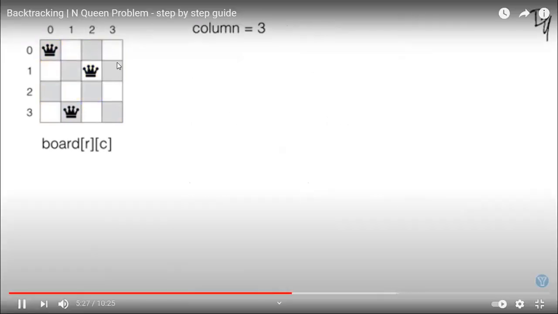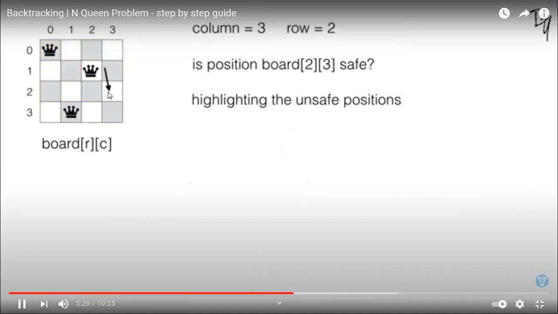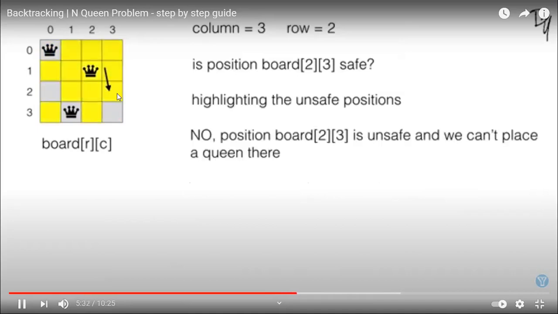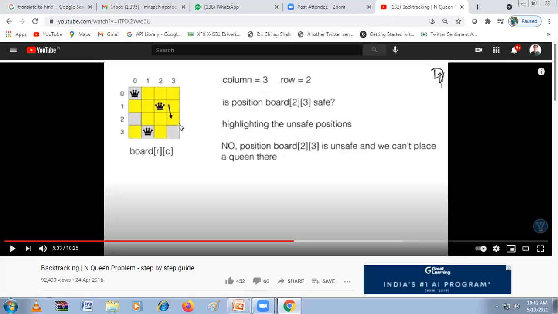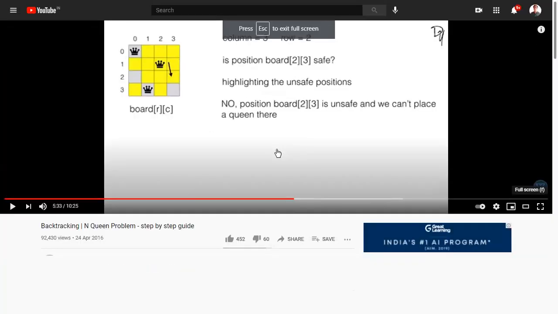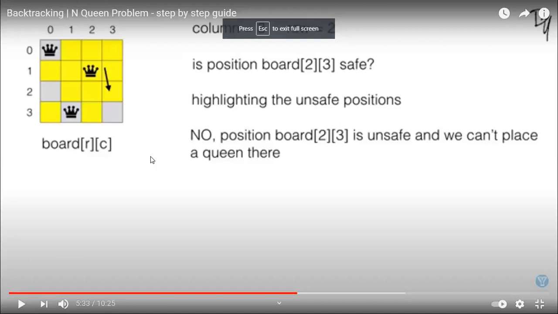We will increment again, right? Now at this position, is it safe? Obviously not, because diagonally this queen can attack this place, right? So again this is not a safe position. Then we will increment the row by 1 again, right?